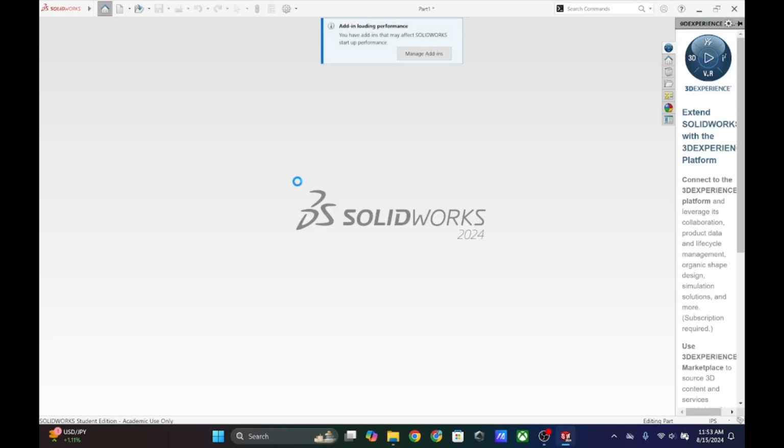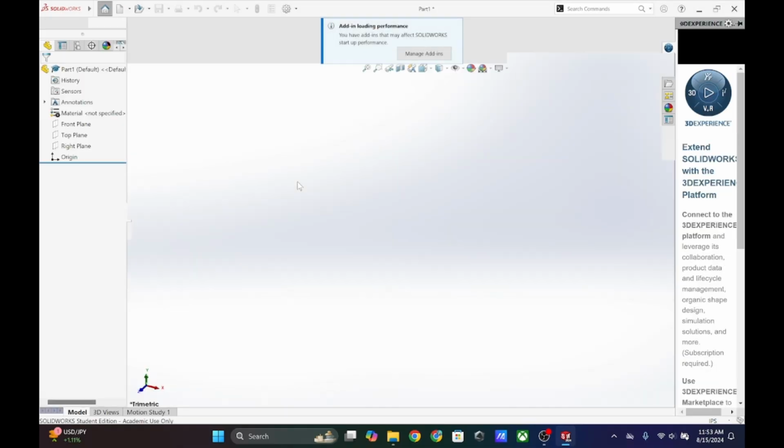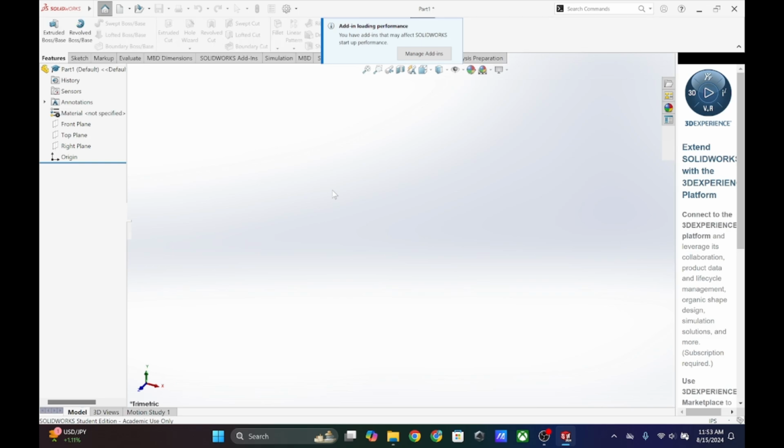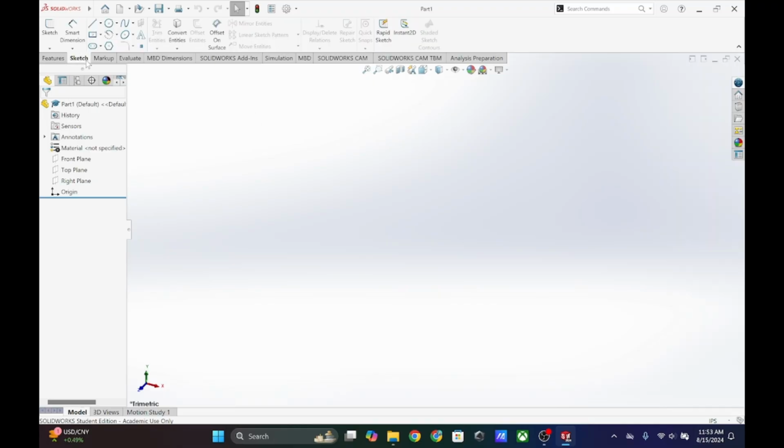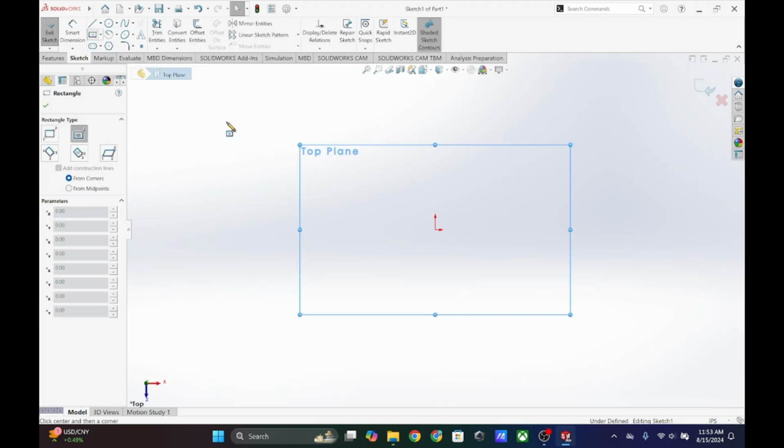Alright, so we're going to open a new part. And I'm going to go through this pretty quick, just as a little example of how this can be done. Let's start off with working on the top plane. Let's create a corner rectangle,